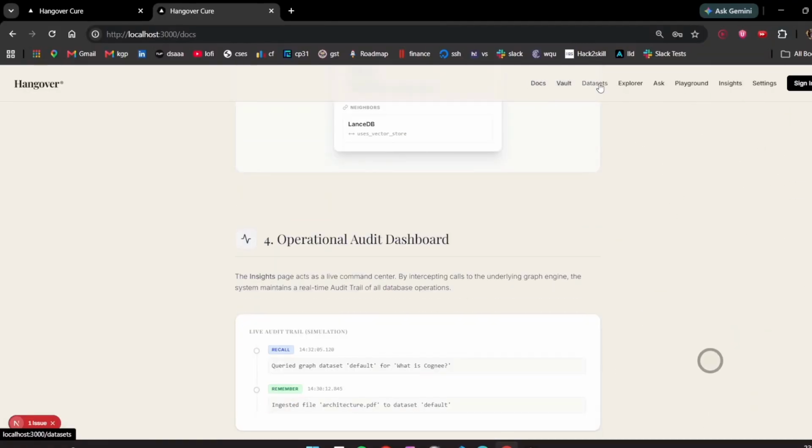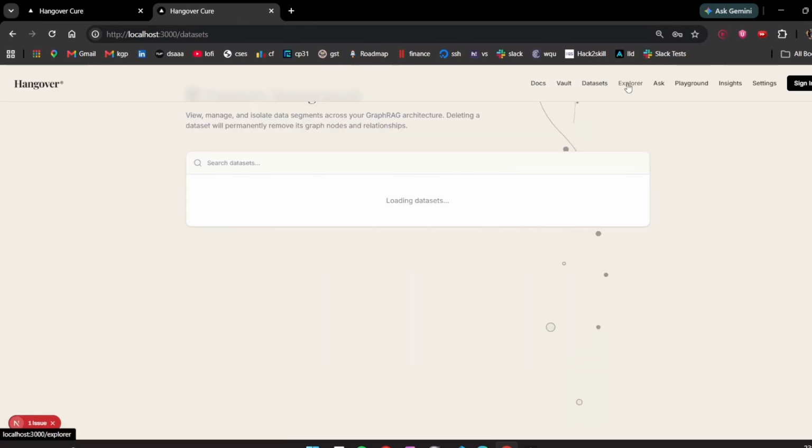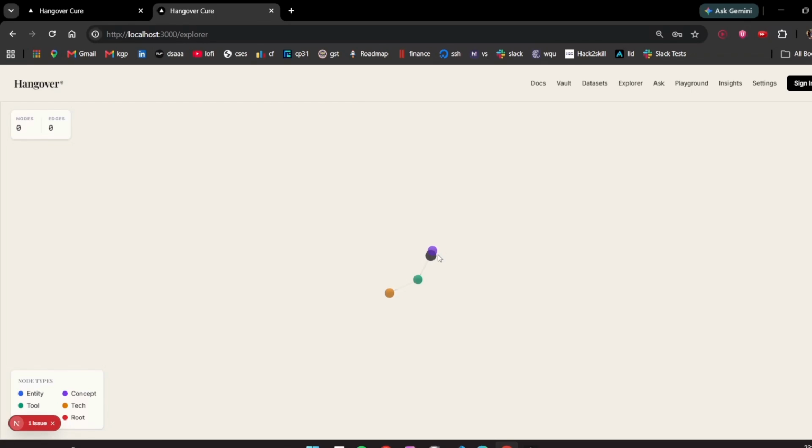I also have other useful subpages like the dataset page, where we can load all the datasets of the data that we have loaded in the graph-like architecture. Then there's the Explorer page, which can tell us more about the metadata of each of the graph nodes that has been generated. We can query the LLM in the